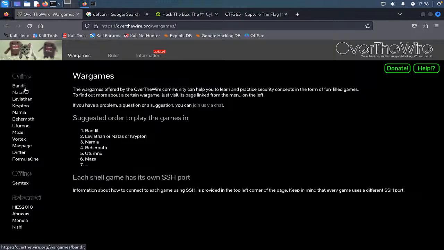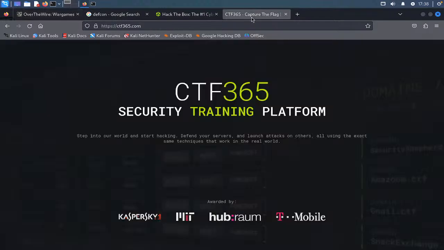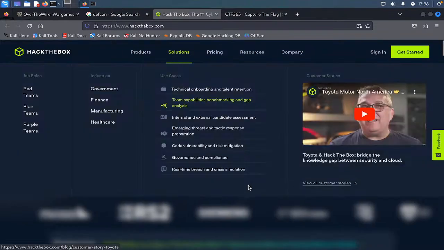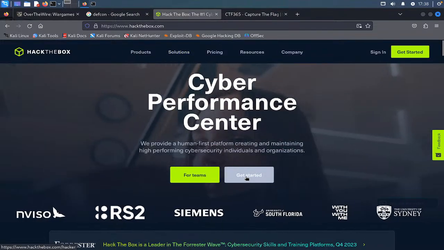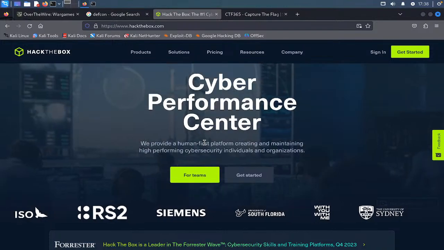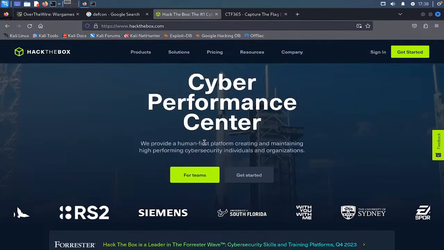So once you complete Bandit, you should go with Natas, go with Leviathan, and if you want to increase your skills more, you can go to CTF365. If you want to go further, you can go with Hack the Box. These are some of the really great platforms to learn hacking, and of course to practice your hacking skills.